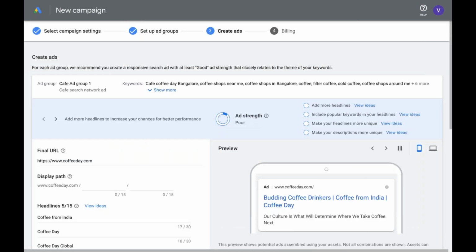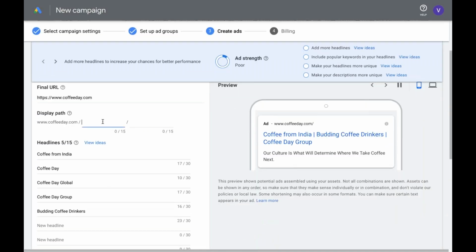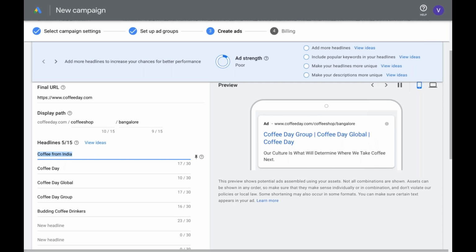Okay, next here would be the creative part. You have a display part here, so it'll be much easier for people to see. So coffeeday.com, the coffee shop, Bangalore. That would come next to your URL there. Let me just backspace it. It should not be getting an underscore there. Coffee shop Bangalore. Coffee from India. And choose